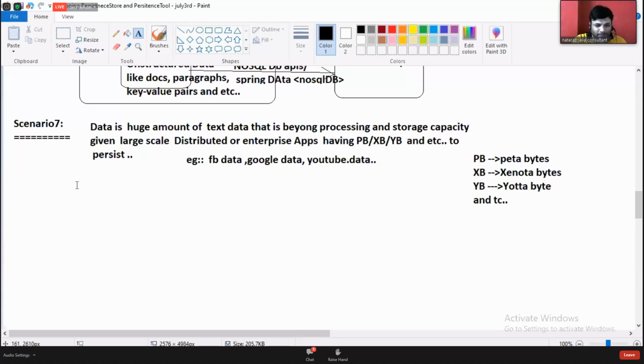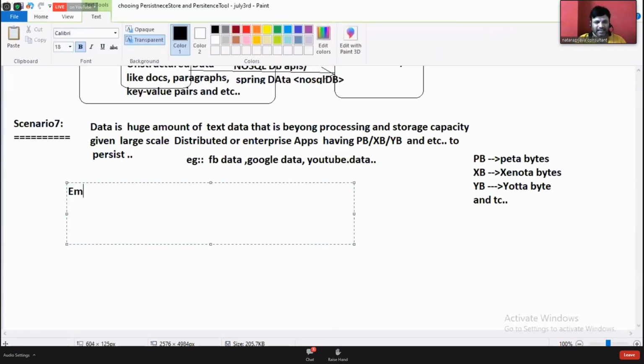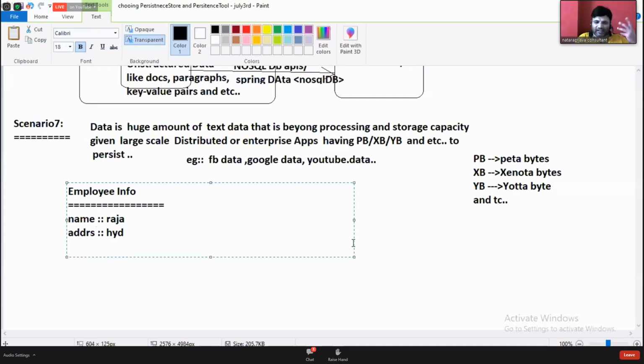For example, employee info: name Raja, address Hyderabad. Anywhere, database, SQL, NoSQL, same story. Email raja@rani.com.